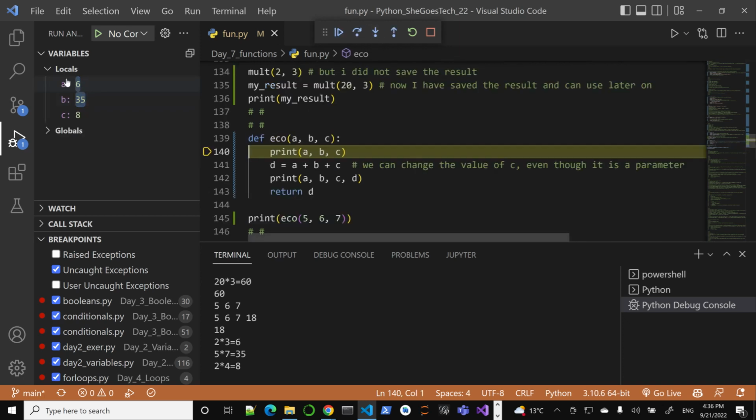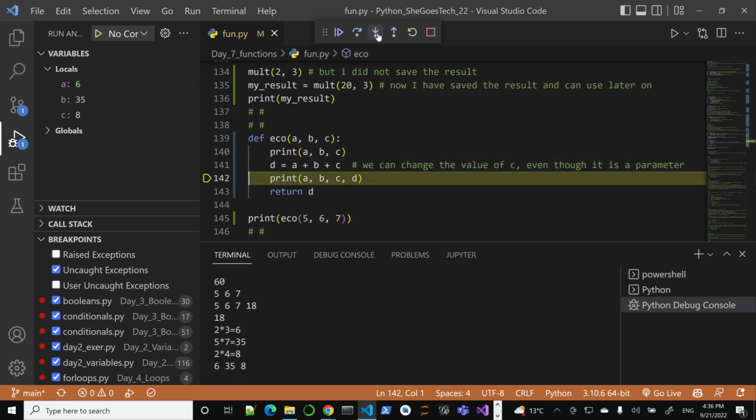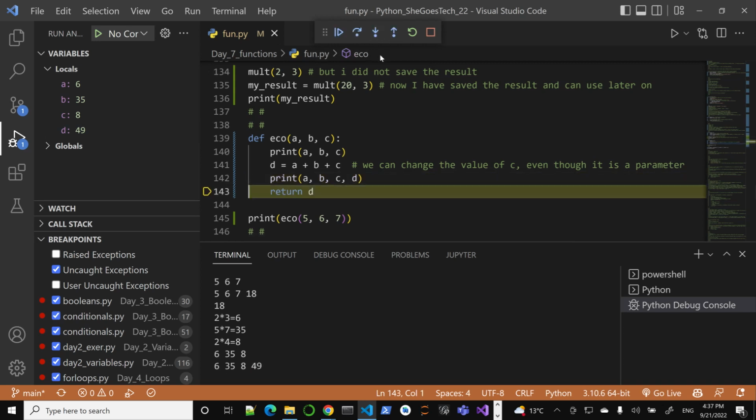Yep, we are inside the echo function with 6, 35, and 8, and of course we'll add them together, right? D is now 49 again in this local scope, within this function. This context, you think of scope as a context, right? And then it's all going to be gone, except we're going to return D to save into